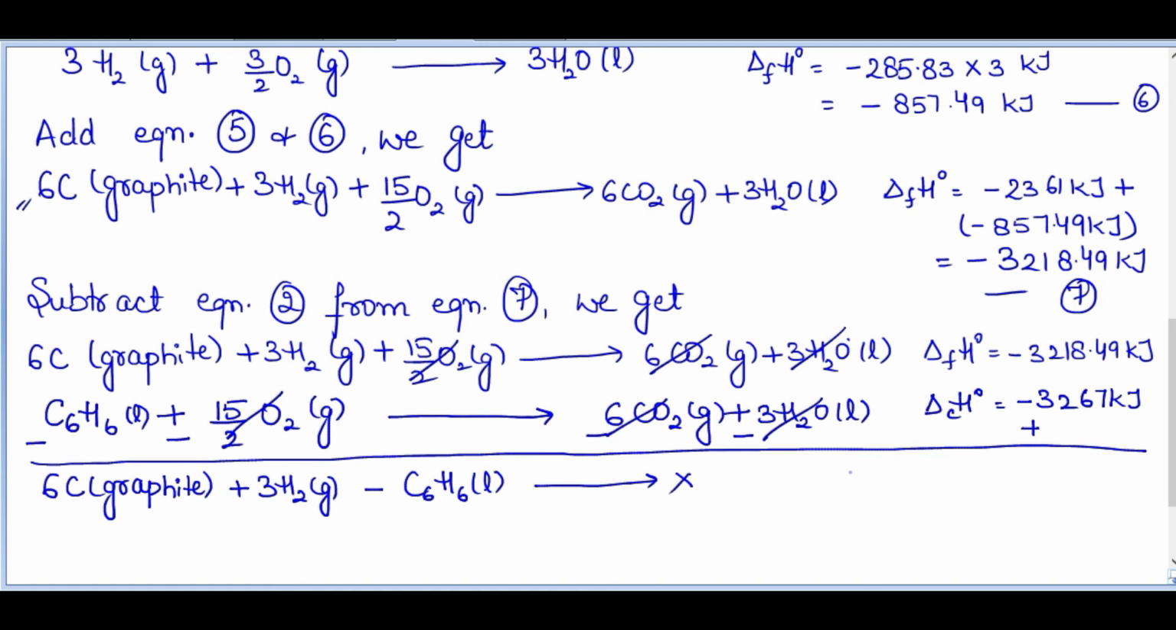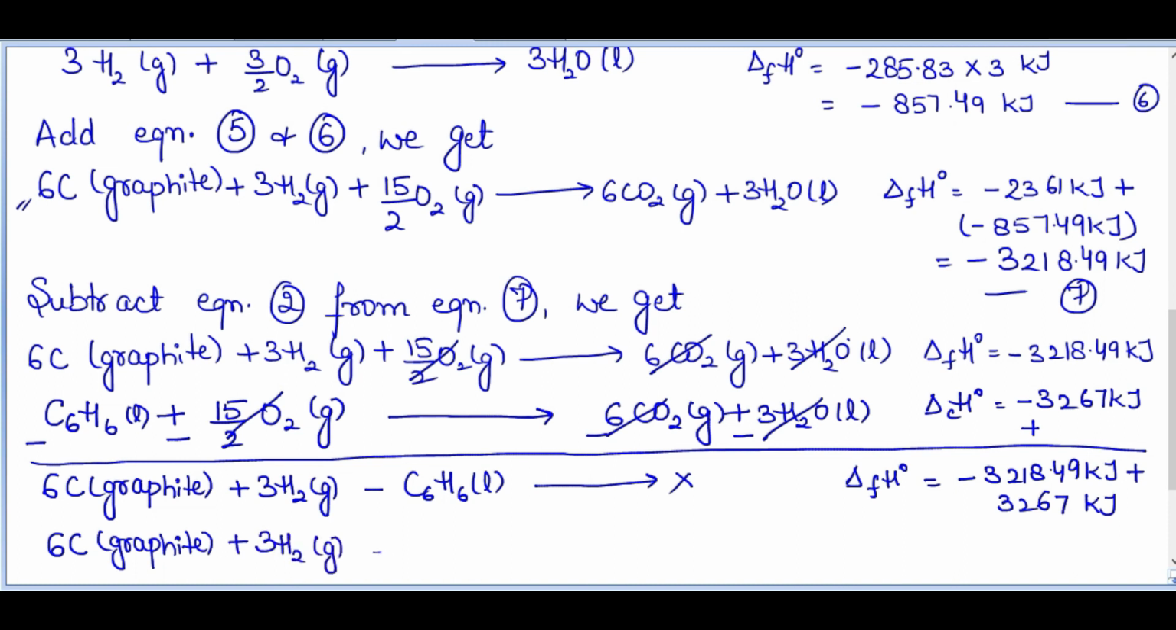Now here reaction will be just like HF naught equal to minus 3218.49 kilojoule plus 3267 kilojoule, right? If I'll consider this arrow as equal to, so here I'm having negative sign on the left side of arrow. So when I'll take this value on the other side, it will be positive. So it will be 6C graphite plus 3H2 gas give rise to